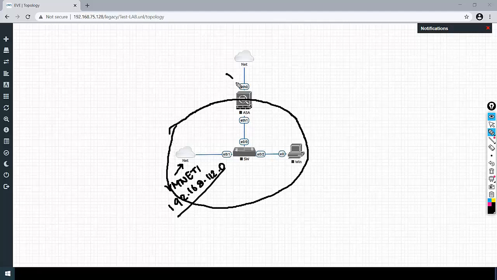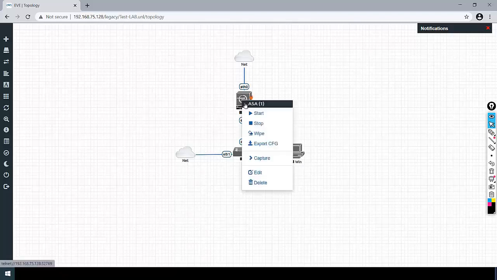On our ASA interface we will be using DHCP on the outside, and inside we will be using the same subnet, that is 192.168.112.0. From DHCP we will be getting a subnet of 192.168.75.x on our ASA outside interface, which will have the internet connectivity.